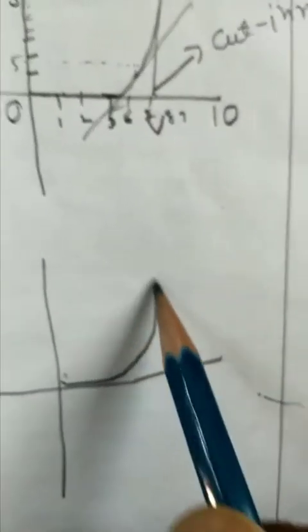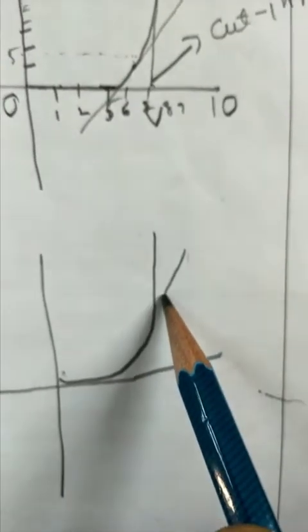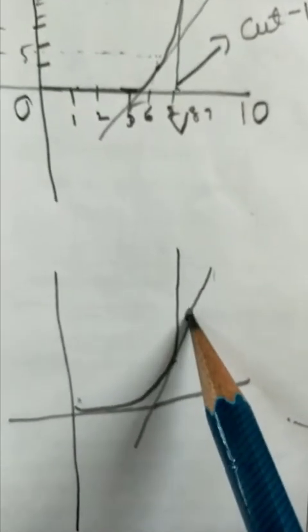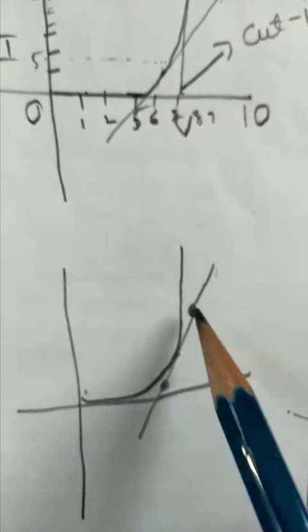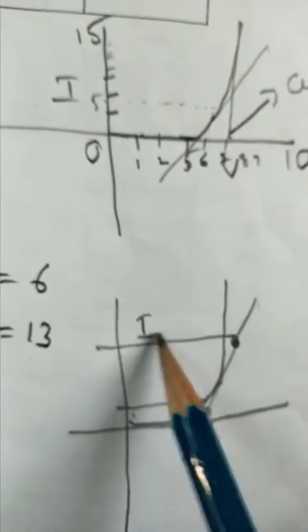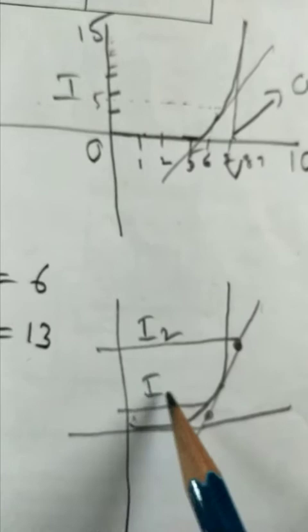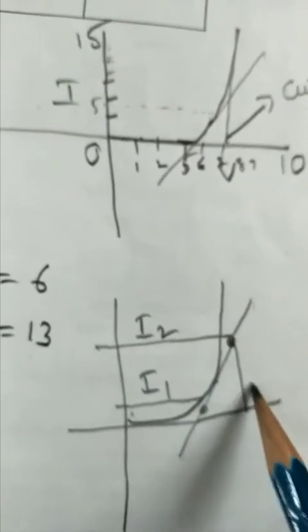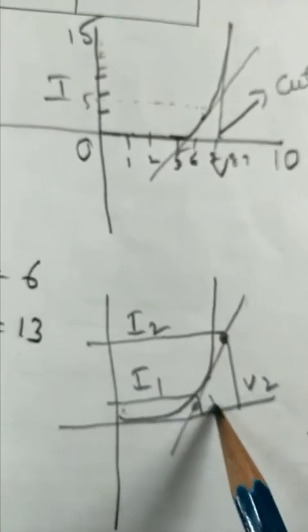Clearly I'll show you here. You got a graph like this, it is going to touch only one point. It will pass through only one point. So you take any 2 points above and below. I am taking this point. This is called current, this you have to say I2. This I am saying I1, and this we have to take as V2. This you have to take as V1.